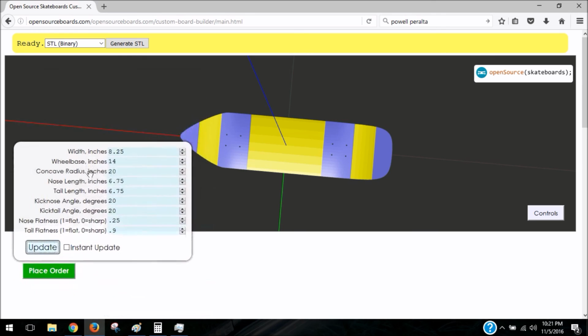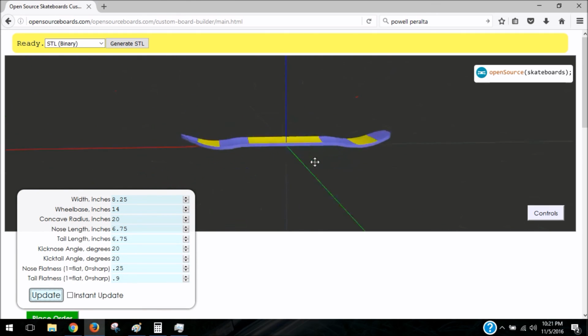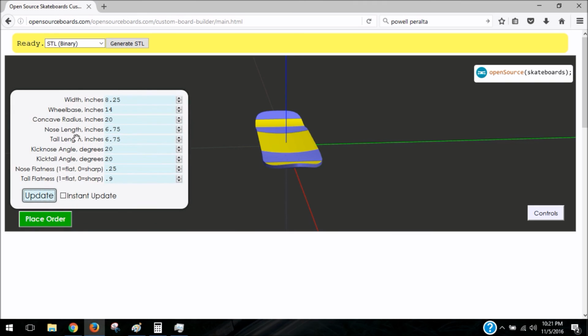And that's basically a brief overview of how this tool works. Go ahead and play around with it, change up the different parameters, have fun designing your own board,